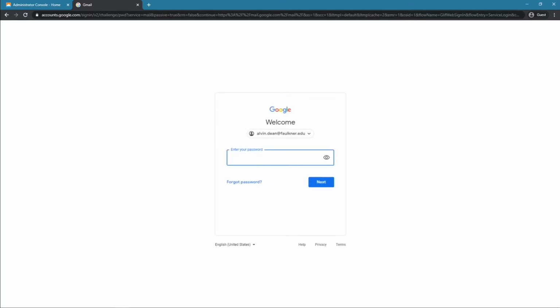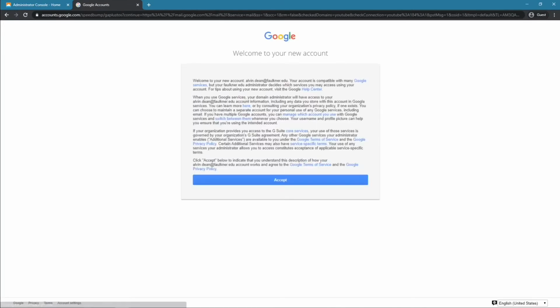Now, you could also use your student ID @faulkner.edu as a username here as well. That would work. But just for the sake of keeping things simple, until you learn your student ID number a little bit more naturally, it's going to be a lot easier just to use your name. Click next, put in the password you just created, and if it was done correctly, you should be agreeing to some terms, and you have a full-fledged Google Suite available to you now,